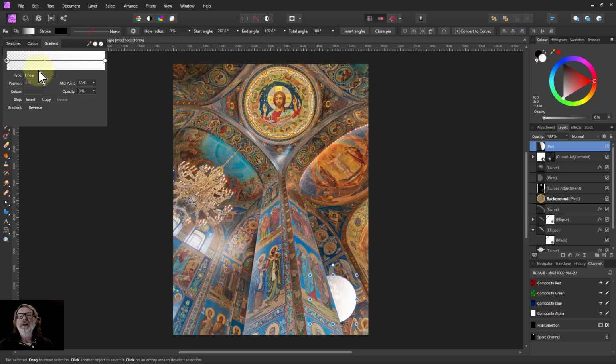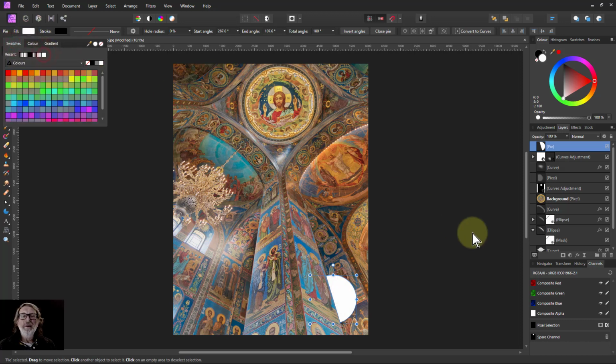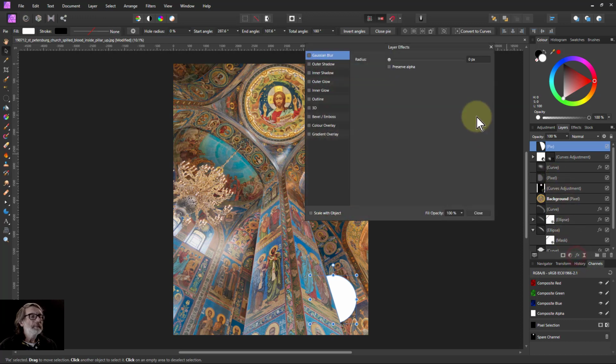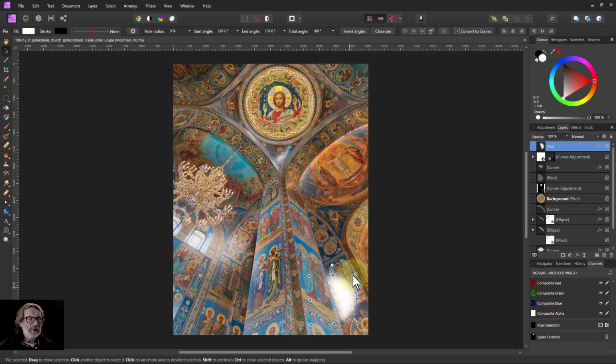Change that fill to colour white and put a bunch of blur on it. So FX and Gaussian blur, turn that up and close, make that a little bit bigger, bring it back over there,